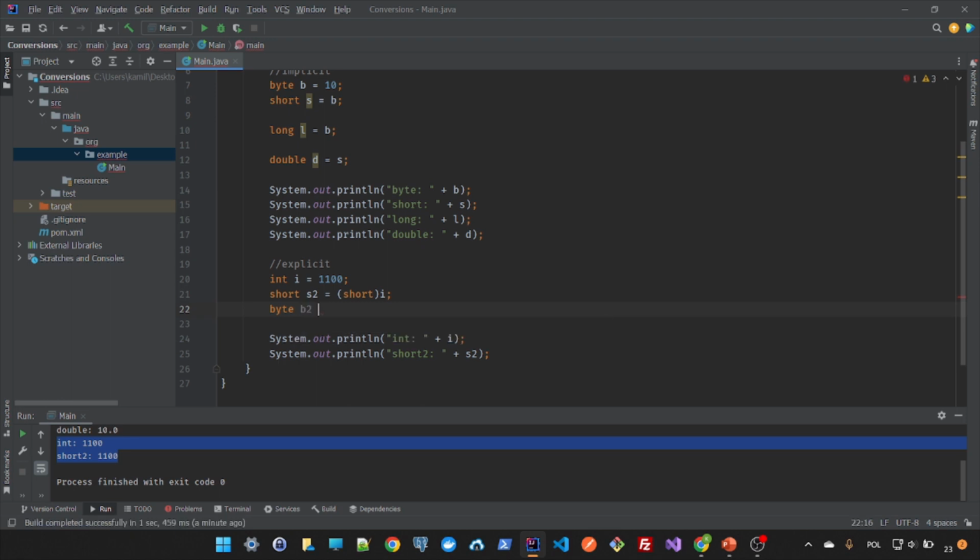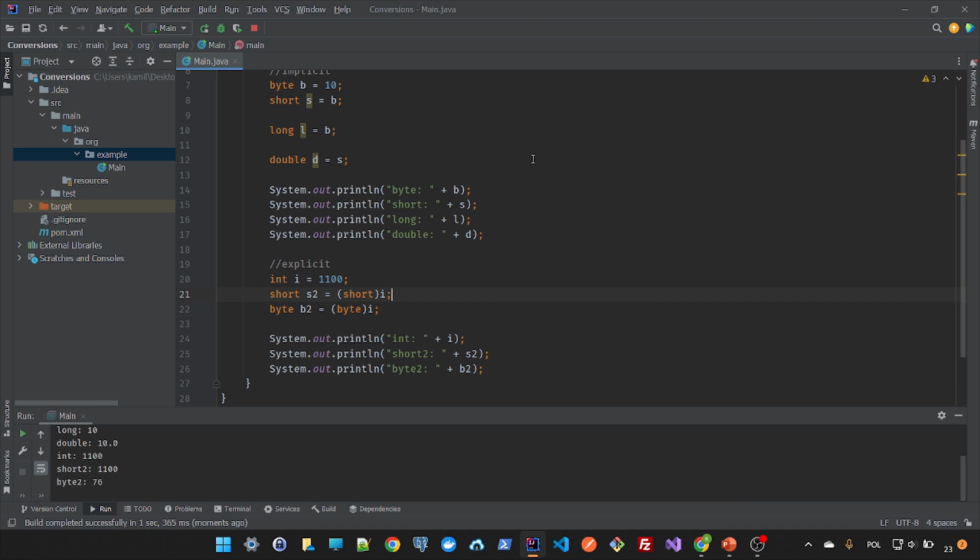Okay, let's try now to cast our integer into byte. Byte b2 equal to e. Of course, we've got here a byte operator. And okay, it looks okay. Let's try to print it out. And b2. Okay. And as you see, we've got the value 76, but the integer is 1100. And that's because we crossed the byte range, because